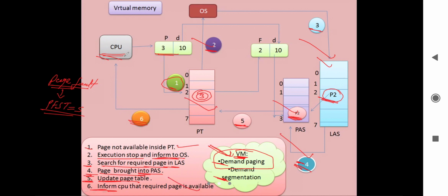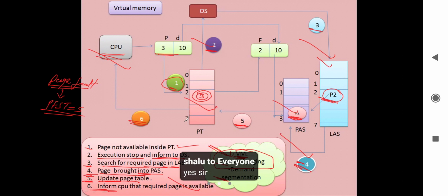So these are the 6 steps followed in the page fault service time. This is the story of virtual memory. Is it fine to all?